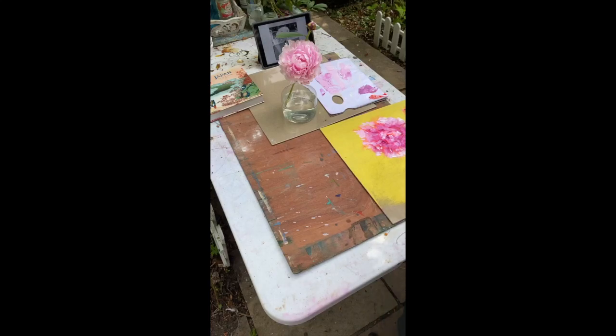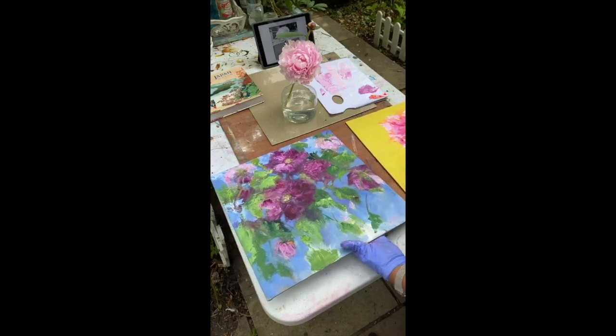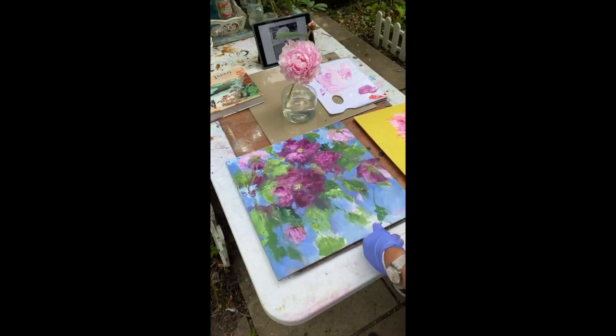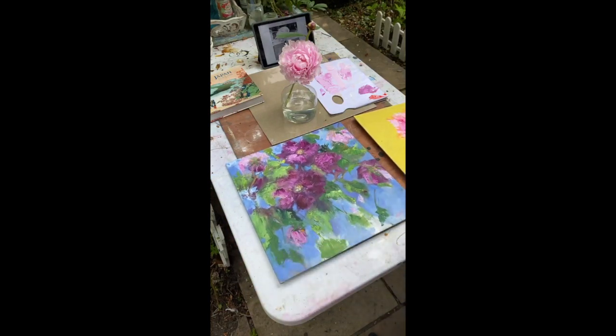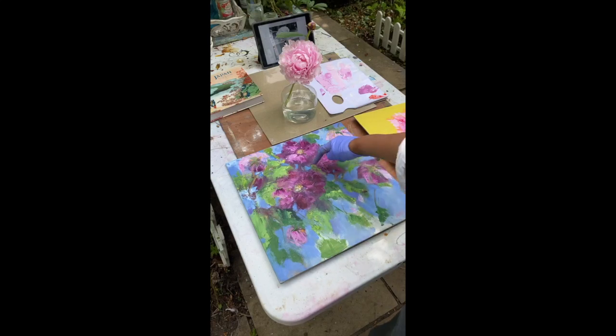Okay, right, so this was done in the garden, and I've done a lot more work on that. So we glazed the whole painting with a slightly warm magenta colour, and then I've come back in with more oil and cold wax over the glazed painting and really just built up this flower. And I'll probably do this for the peony too, so it feels very rich and thick